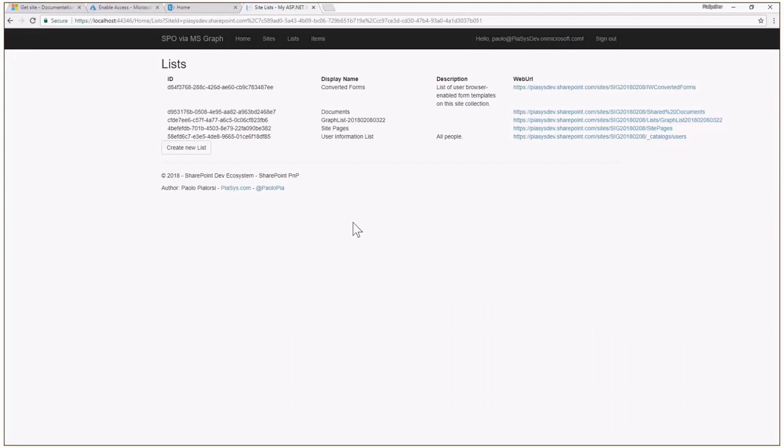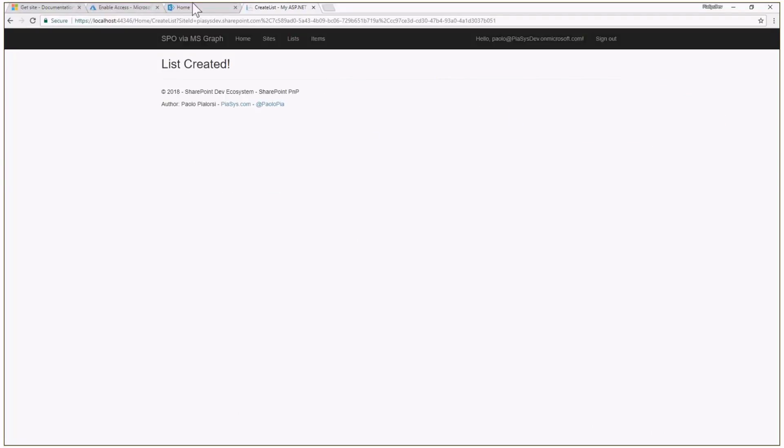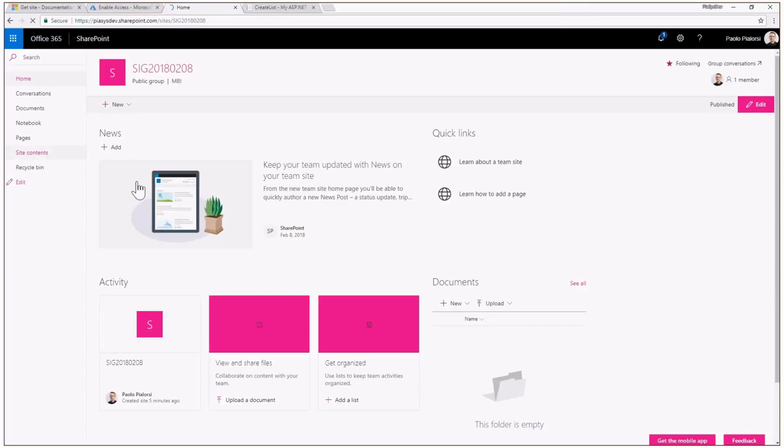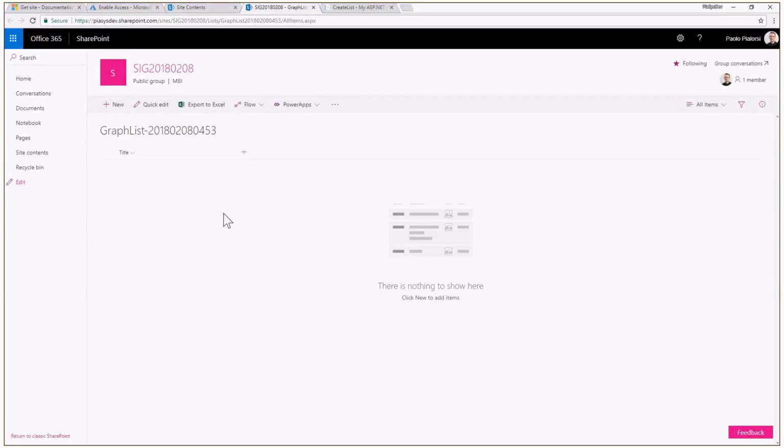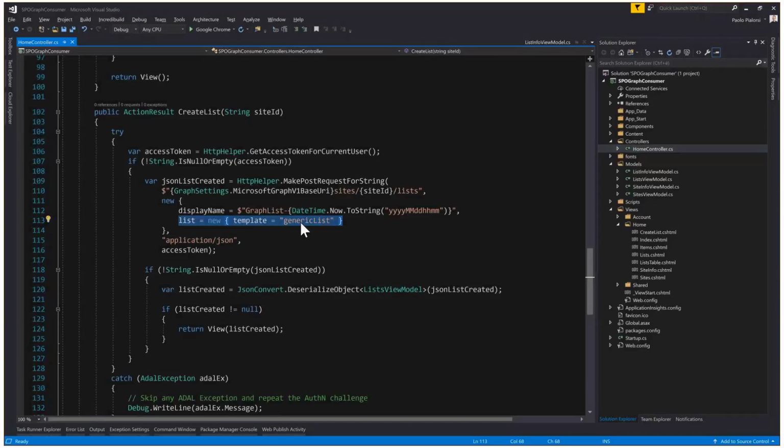Right now, for the sake of simplicity, I will simply create a new list which will have a name based on the current date and time. And if you see here, I have a list, most likely this one because it's 4:53 in my time zone. And this is the list I have just created. And as I told you, in order to create the list, you just need to make a POST request. You will get back a JSON object which will represent the just created list, so that you will be able to retrieve the ID of the list and play with the items of the list. To do that,